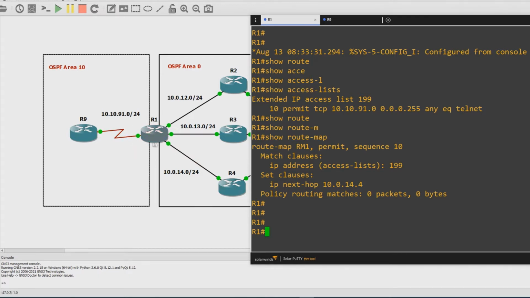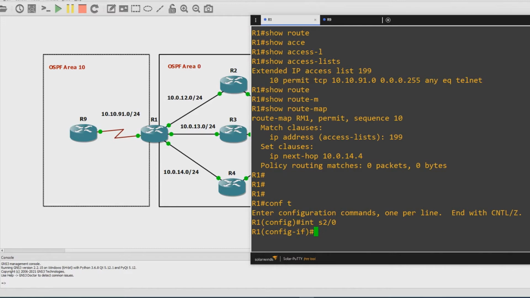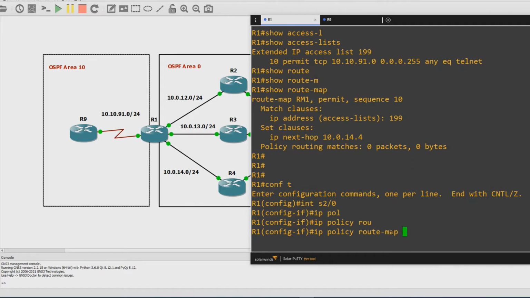on the ingress interface. And so for router 1, this interface, you can see it's a serial link. So this is serial 2/0. And that's where I'm going to put the route map. So I'm going to go back into configure terminal and interface 2/0. Now to associate the route map, you type in IP policy route-map and then the name of your route